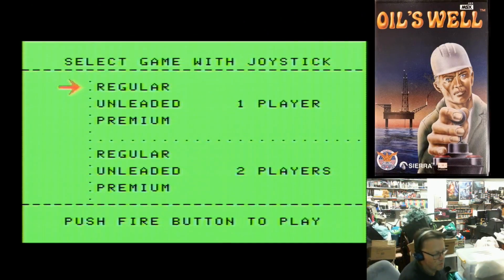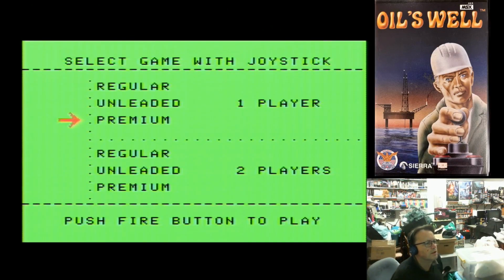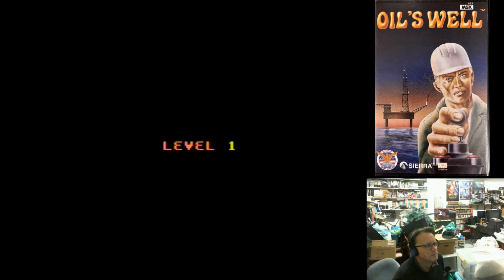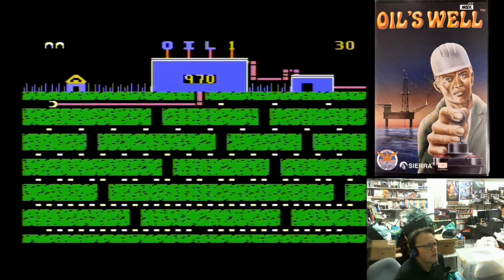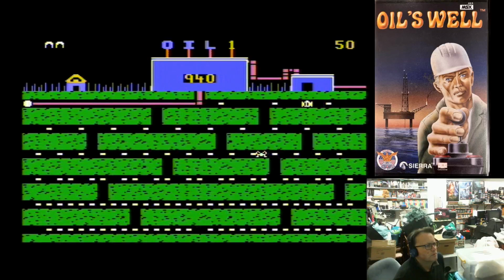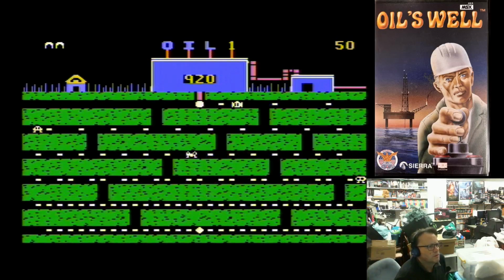Right, so here we go with Oil's Well. So 1 player, regular, unleaded or premium. We better go regular because I'm probably going to be pretty crap at this. Right, so you are this little mouth thing and you... Oops. Why can't I go right? Oh, okay, that's right. You have to press the button to pull in...